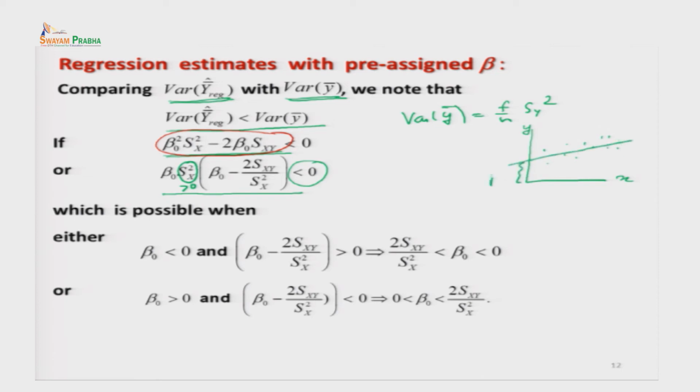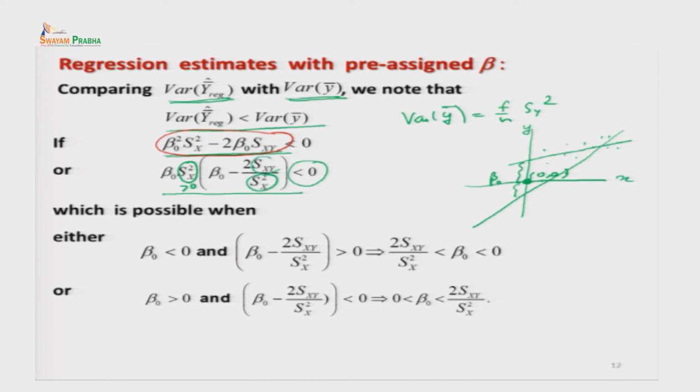So this is the part which is indicating the beta 0. Now you know that this part can be positive as well as negative, because in case your regression line is passing through here, then this is going to be negative also, right, and this is the origin here. So this beta 0 can be positive, beta 0 can be negative, and as such it is lying between minus infinity and plus infinity. And this quantity inside this bracket also, if you try to see, this is positive, but